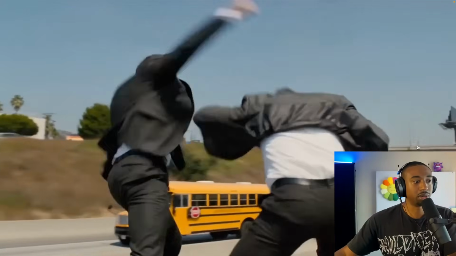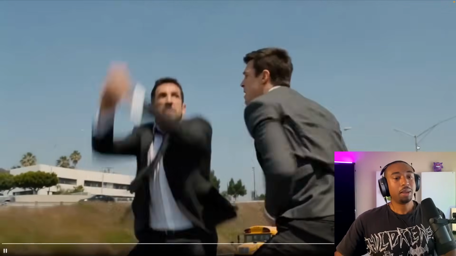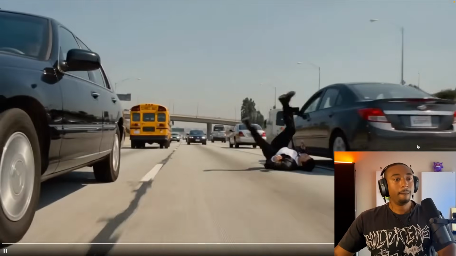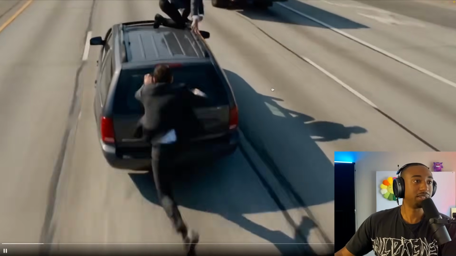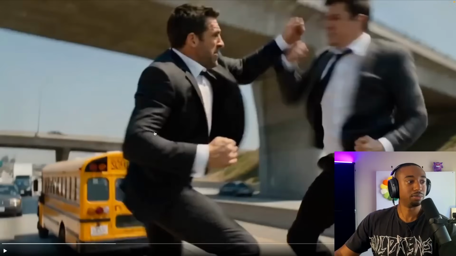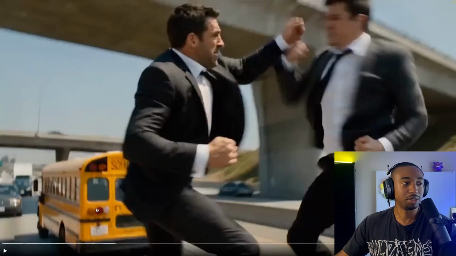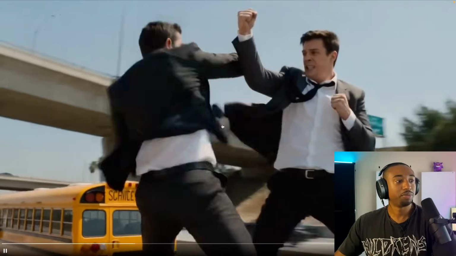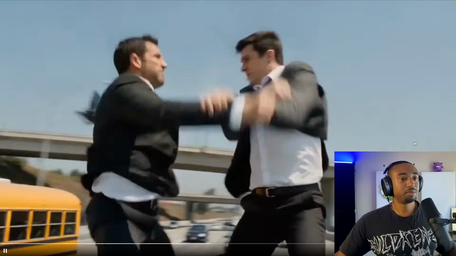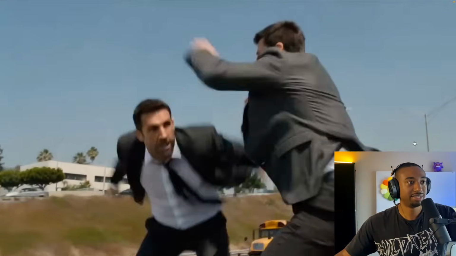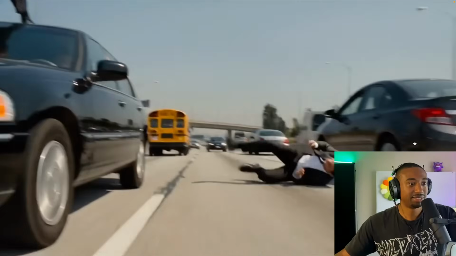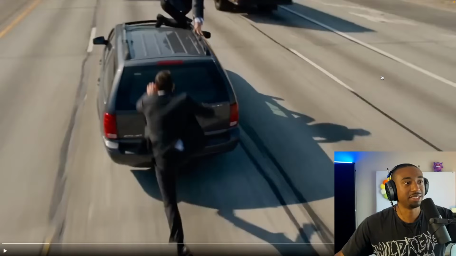Now, one of the buses was driving in reverse. If you pay close attention, let me show you guys. This bus right here is riding in reverse. I don't know if that's part of the scene, but this bus continuously rides in reverse the whole time. So that's a little funny thing.